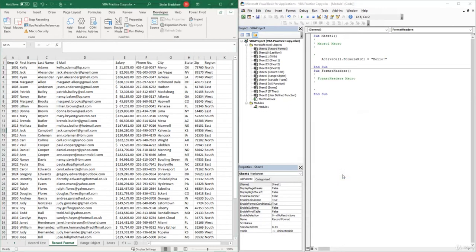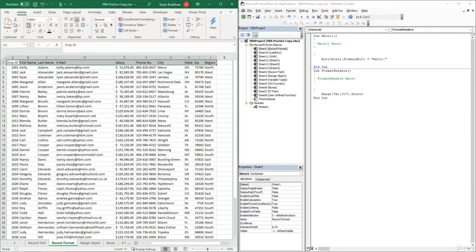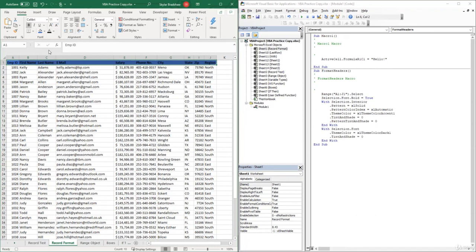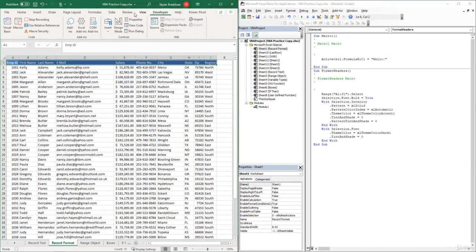Now Excel is recording every task that we do. So let's say that we want to format our headers with bold text, a dark blue fill color, and then change the color of the text to white. And that's it. So if we come back to the Developer tab and click Stop Recording, and over here in